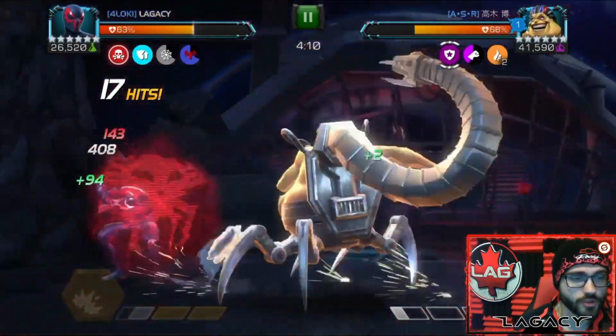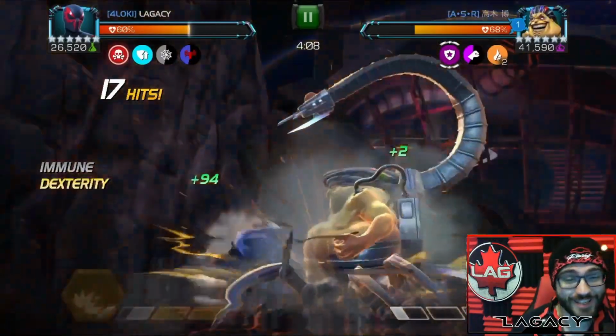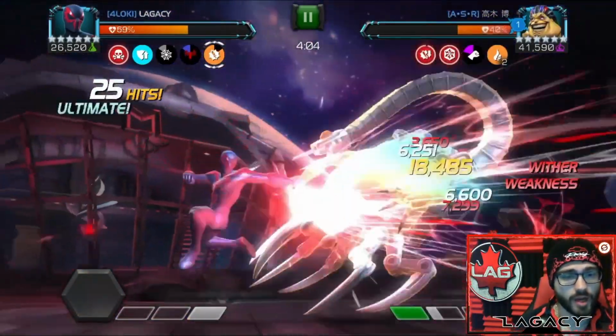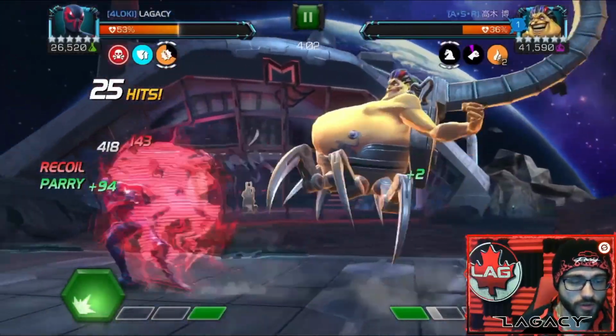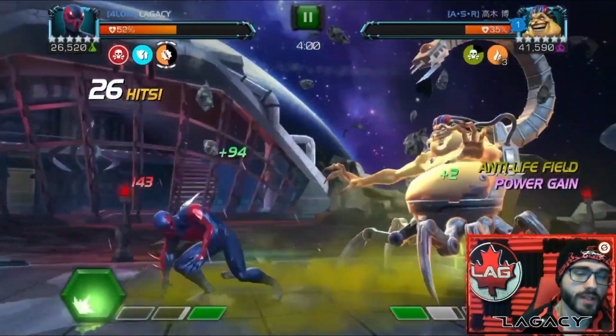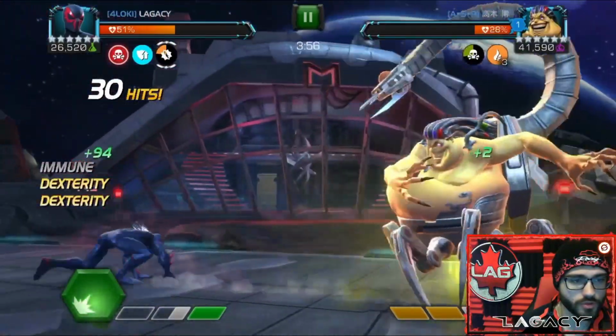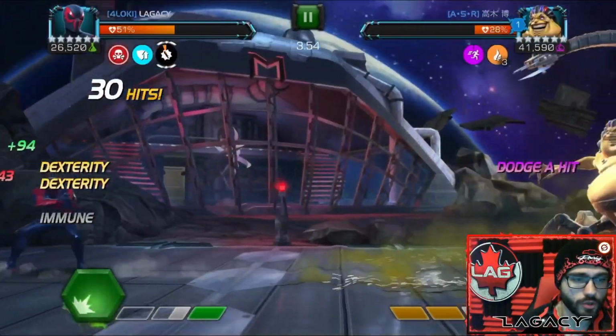With Kitty Pryde, it's way easier to get those intercepts off, especially when you're at 10 prowess, because you're just unblockable and phasing, so it's very safe. Spider-Man here is a little bit trickier to intercept, but we did get off an intercept before we dropped the special 2. Here I ended up pushing Mojo to his special 2, and